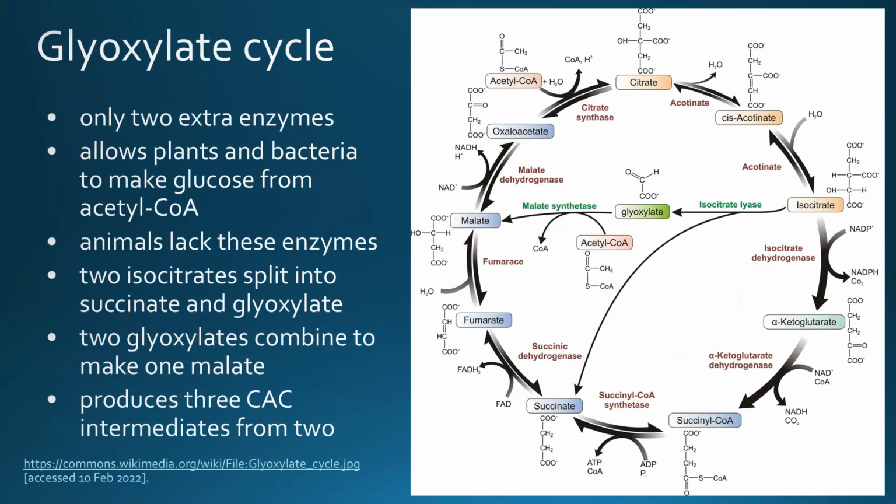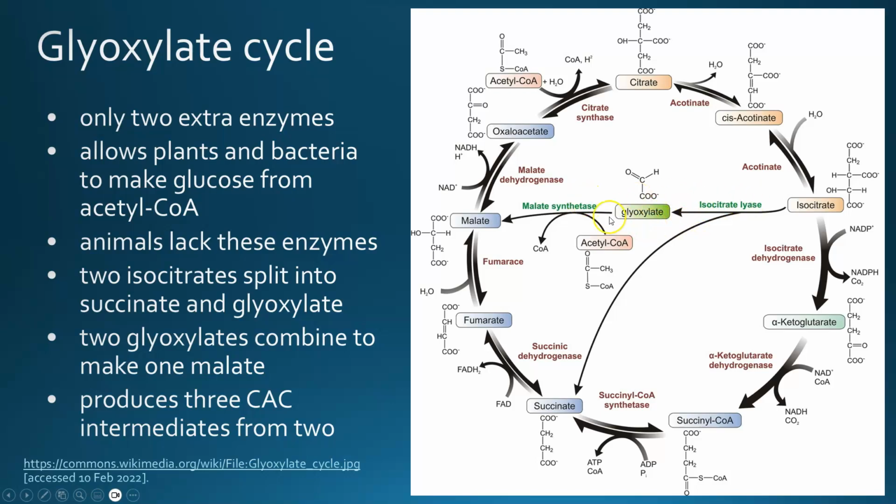And a consequence of the fact that acetyl-CoA cannot be used to increase the concentrations of the citric acid cycle intermediates, that means that since oxaloacetate is the starting point for gluconeogenesis, or if you consider pyruvate to be the starting point, it's step 2 of gluconeogenesis. That means that animals which lack these enzymes that we're looking at here do not have the ability to convert fatty acids, which break down into acetyl coenzyme A, into glucose. Plants and some bacteria do have these other two enzymes.